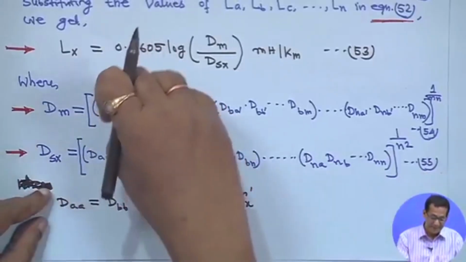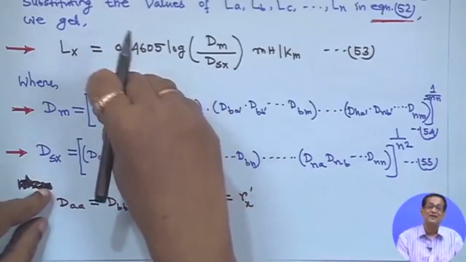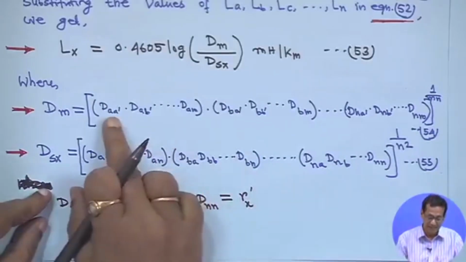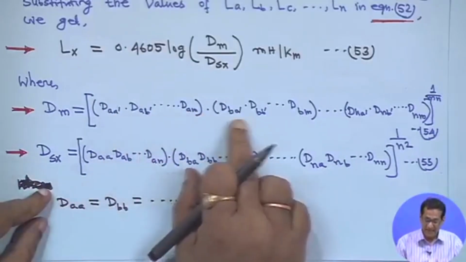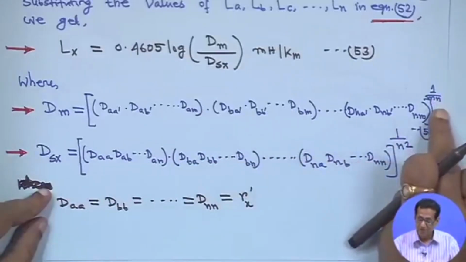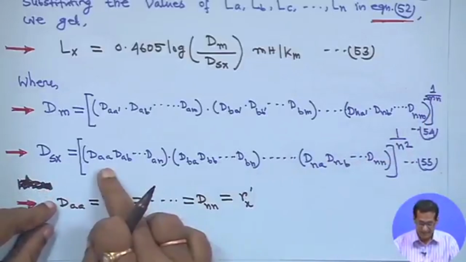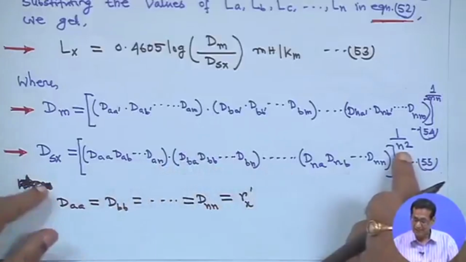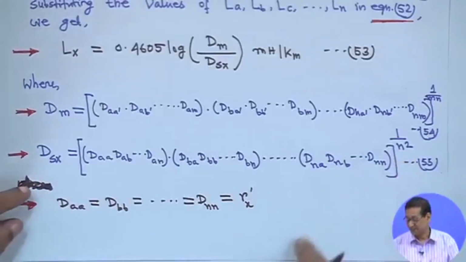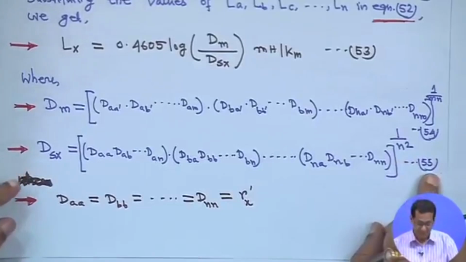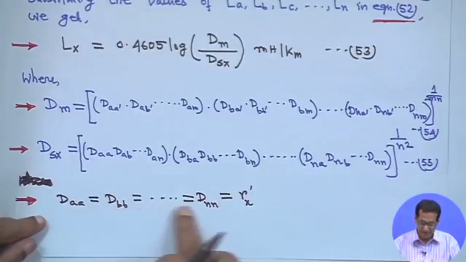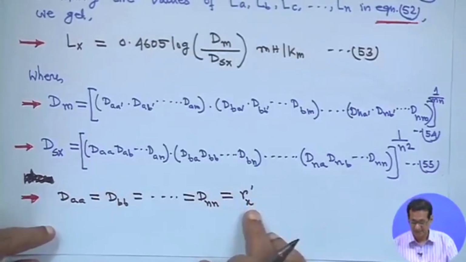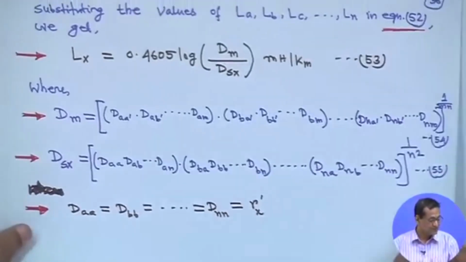This is the distance of a particular conductor in group X to all the conductors in group Y, that is A A dash, A B dash, A M, B A dash, B B dash, like this up to the power 1 upon mn, and this is within the group. So DAA, DAB, DAN, DBA, DBB, DBN and so on, this will be 1 upon n square, right, and this is equation 55, where DAA, DBB up to DNN are basically the fictitious radius, that is Rx dash of group X, right. Therefore,